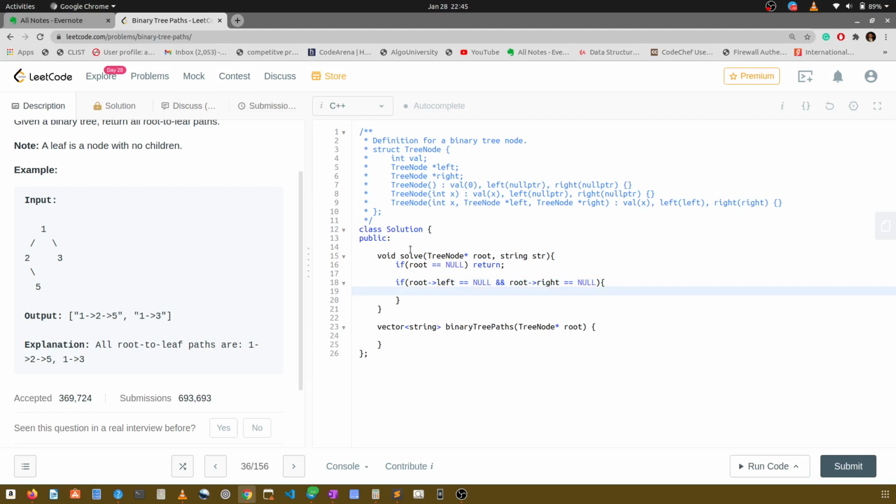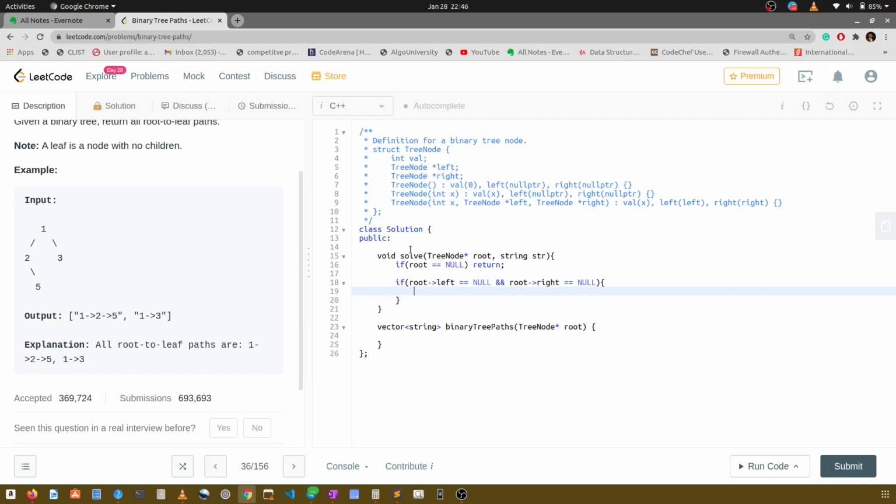From here we have to push back that root element into our string, and finally push our root to leaf string into our vector.